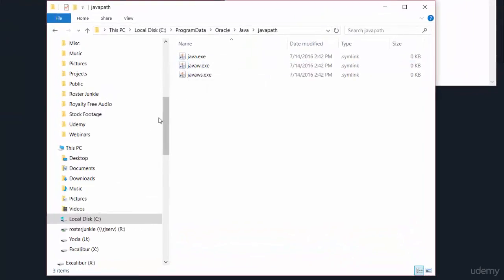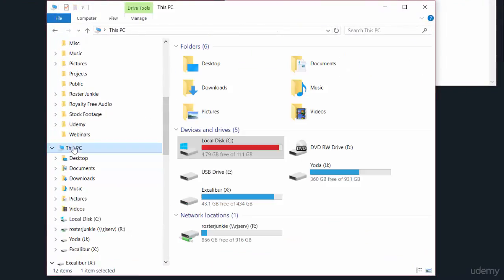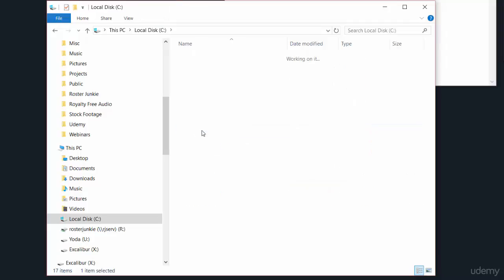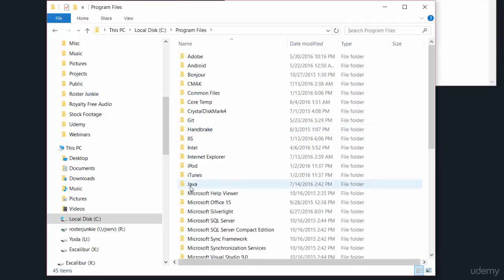Now we have another path that we need to do the same thing for, so I like to start back at This PC, double-click on the C drive, and then Program Files. It should not be under Program Files x86. It should be under Program Files unless you've installed the 32-bit version of the JDK on a 64-bit system, which you should not have done. So if you go to Program Files and you don't see a Java folder, let me know, because something goofy